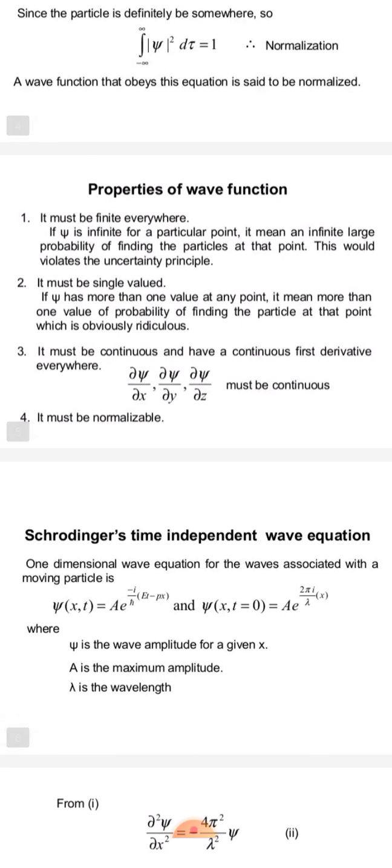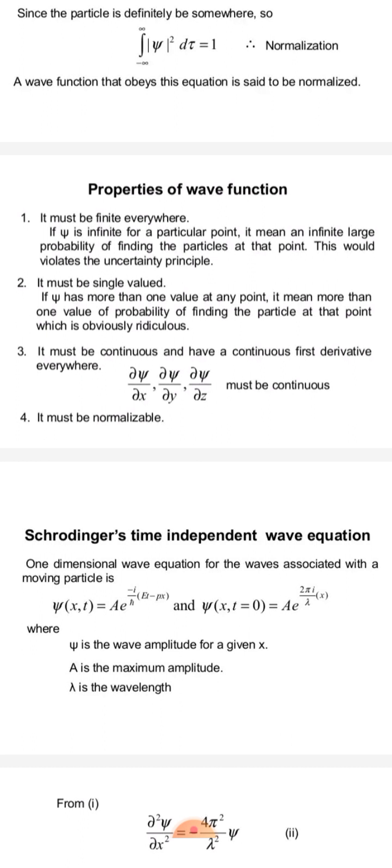Properties of wave functions. First, it must be finite everywhere. If psi is infinite at a particular point, it means an infinitely large probability of finding the particle at that point. Second, it must be single valued. If psi has more than one value at any point, it means more than one value of probability of finding the particle at that point, which is obviously